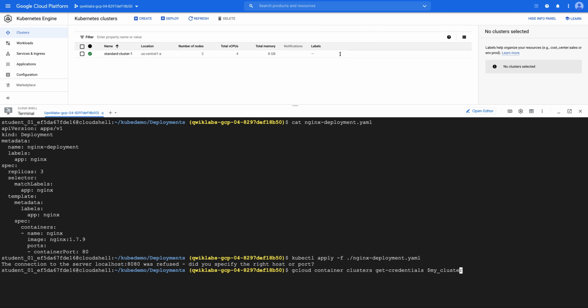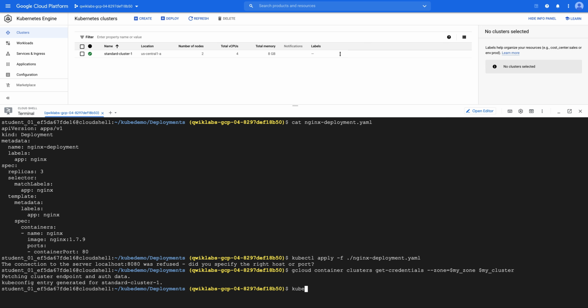And you will also have to set the zone here. So let's set that as well, and our zone is my zone, the variable which we set. Then let's fire this command. It's going to get the information from our cluster, and now our kubectl is connected to our cluster.